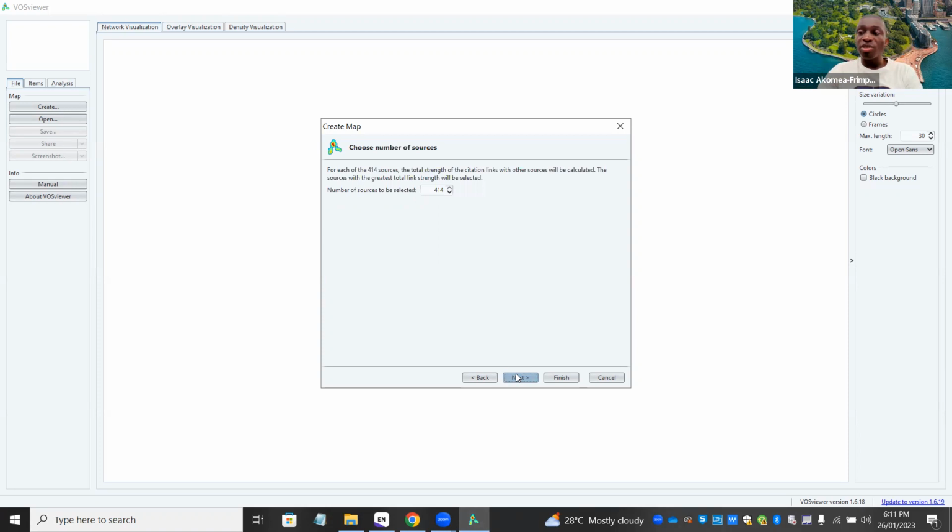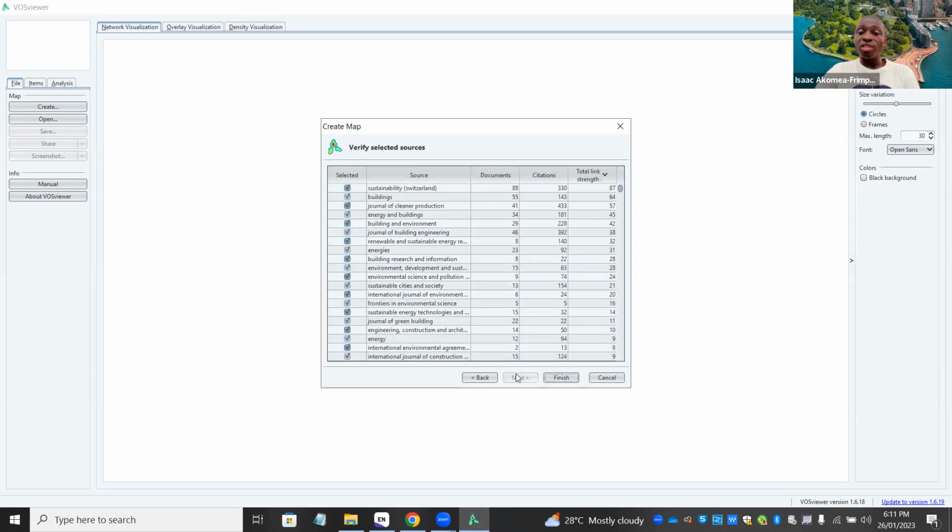So if it's 1, it means 414. We have 414 journals related to the data that I downloaded. And their names are here: Sustainability Building, Journal of Cleaner Production, Energy and Building, Building and Environment, Journal of Building Engineering, Renewables, Sustainable Energy, Research, Energies, and all that. So we are talking about